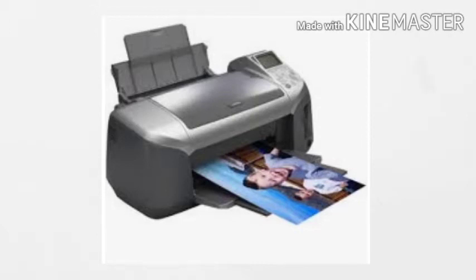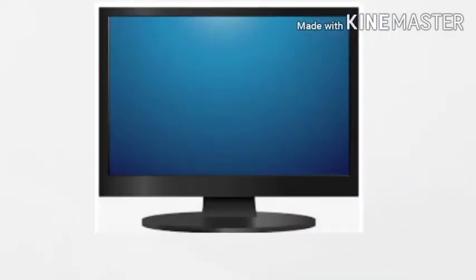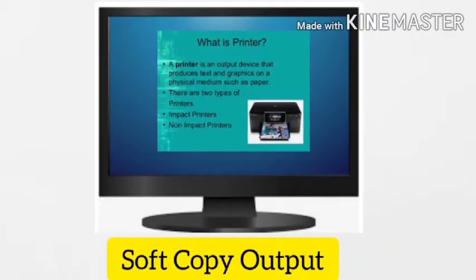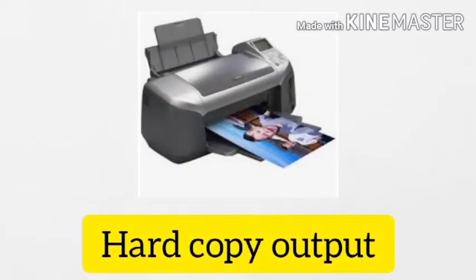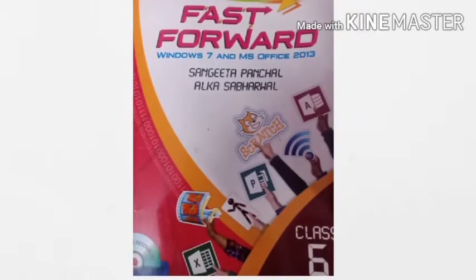You can say the printed form of output is called hard copy. Like I told you, the output produced on the monitor screen is called soft copy, whereas the output produced on the paper through the printer is called hard copy. Clear? A hard copy output exists in physical form. Like your book can be the physical form. Your book, you can touch it, it is in a readable form or a permanent readable form. That's why it is a physical medium. That's why it is called hard copy.